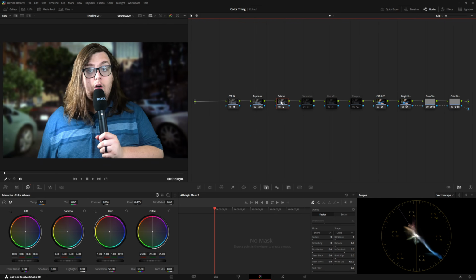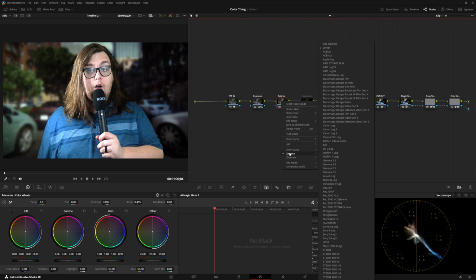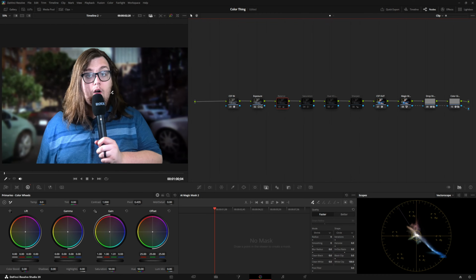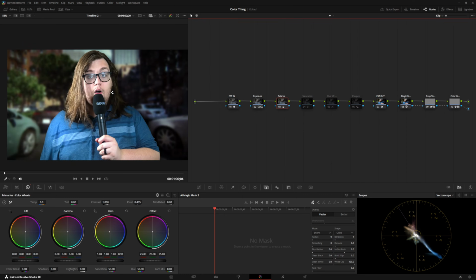Off to balance. Turn that node on. Again, for this one, keep in mind gamma needs to be set to linear. And then all we got to do is operate the gain wheel to get our colors a little bit more in balance. And thankfully, this clip had a similar issue to the previous one, where if we turn it off, notice their skin is kind of pink and red. So if we apply the same adjustment we did earlier, moving a little bit to the left, we bring back